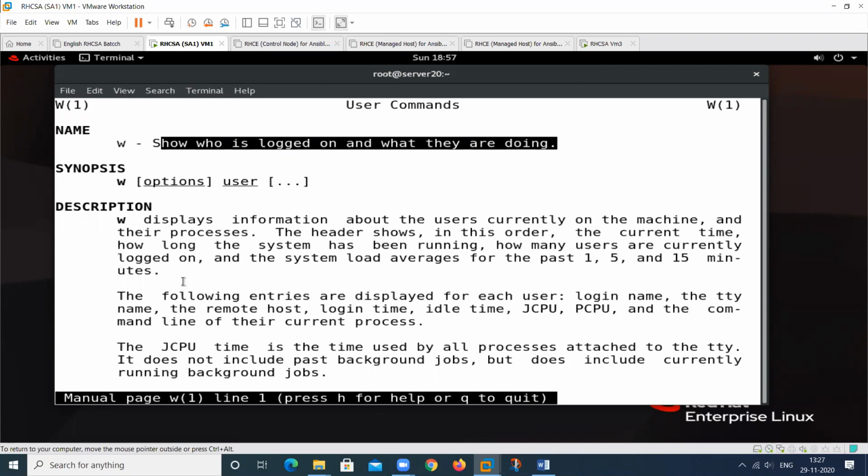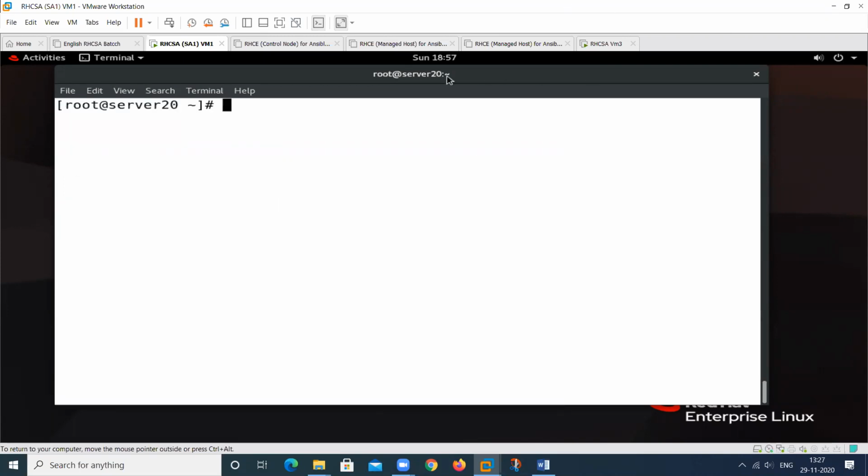Any doubt? No. Sanjeevi and Profal, any doubt? Both of you? No. Okay. Profal, any doubt? You can give me the text in the chat box so I can understand. If you have any doubt, then I will clear your doubt. Okay, Profal means you have no doubt. Then we will move to the next one.